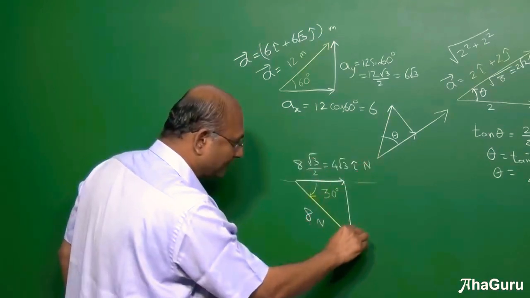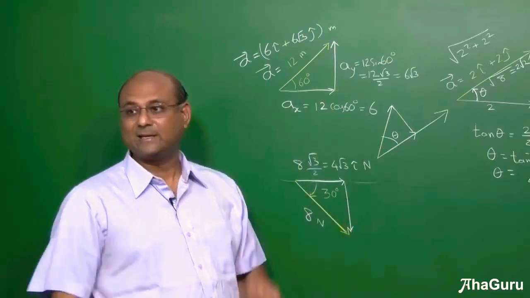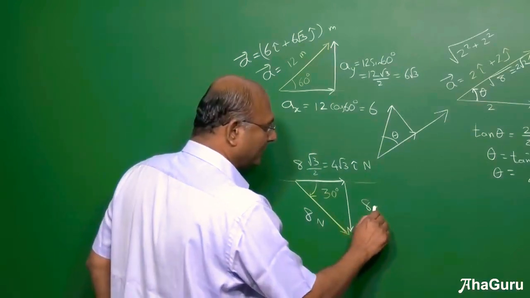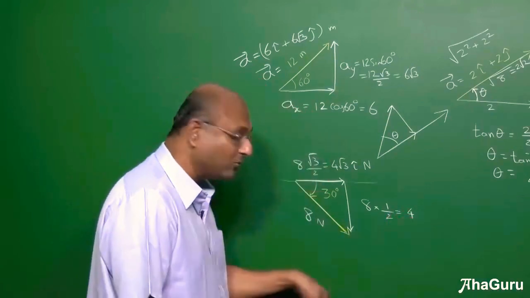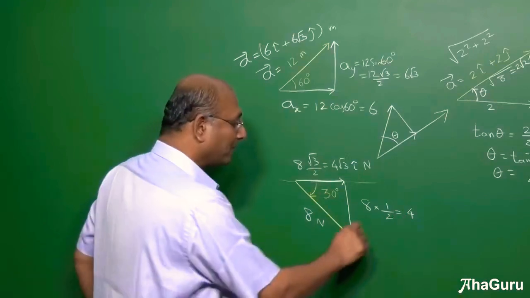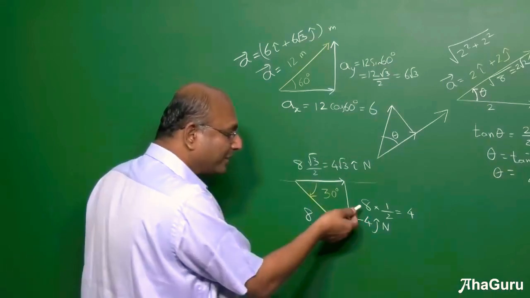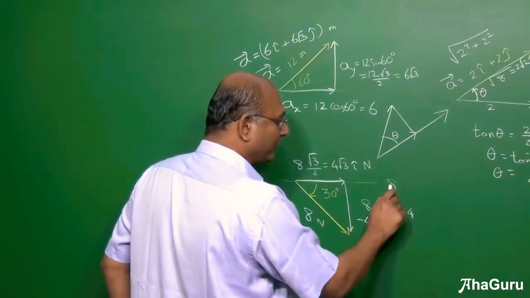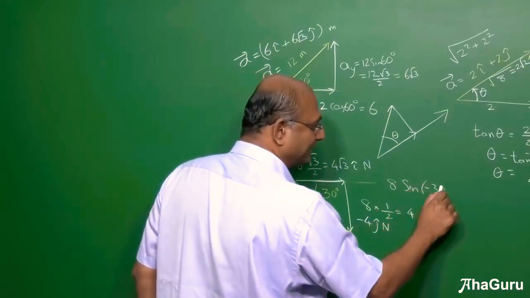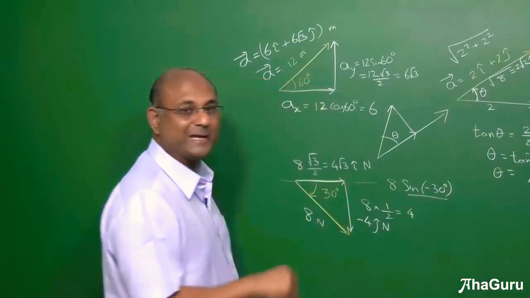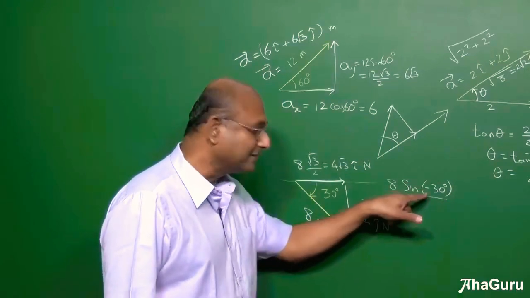Now if you look at this, you're going down. But size wise, this is 8 sine 30. 8 into sine of 30 degrees, which is half, that will give me 4. But I'm going 4 units downwards. So what should I say? Minus 4 j cap newtons. Now you might be thinking, shouldn't I just write 8 sine theta? You should write 8 sine theta, but theta is not plus 30, you should say minus 30 degrees. Later you will learn that sine of minus 30 degrees is minus sine 30 degrees. So that means the minus comes in here itself.